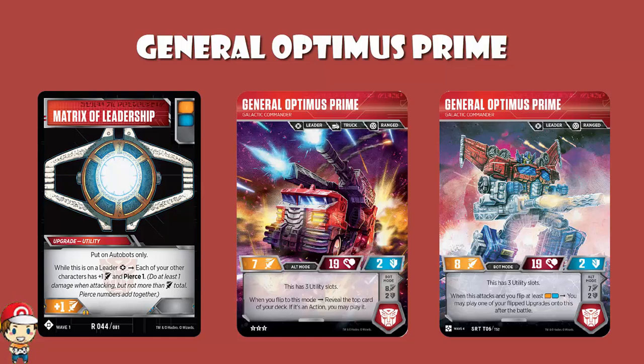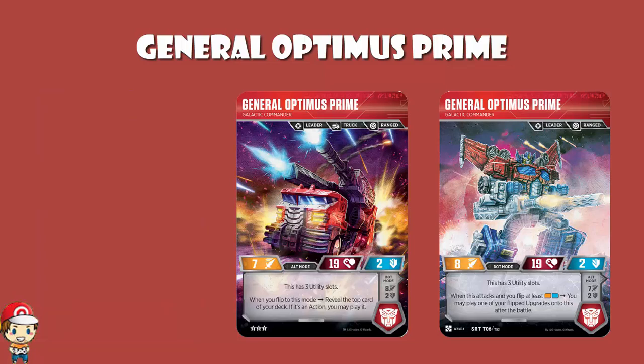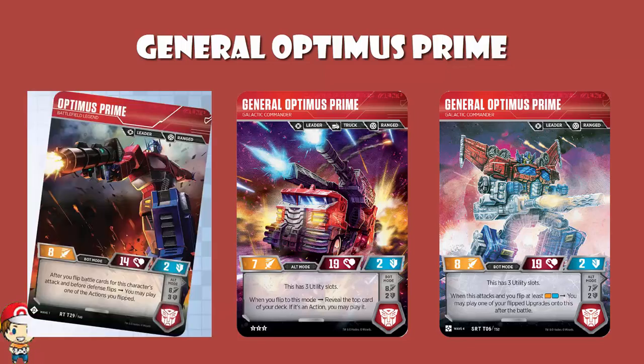The fact of the matter is, when we look at General Optimus Prime, we've got nut stats, 3 utility slots, extra actions, and extra upgrades. It is phenomenal. There is a very good reason it is a secret rare, super rare, and there is a very good reason it costs 15 stars. And that's the other thing to bear in mind. We love Optimus Prime Battlefield Legend, and that is only a 13-star character. The stats are a little bit lower,